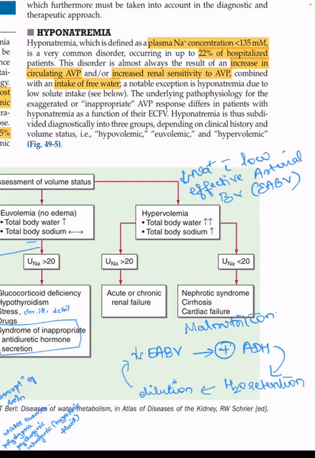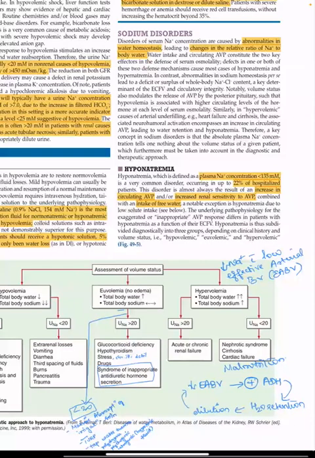diminished because all the fluid is going into the third space. We are going to have third space fluid accumulation. The effective blood volume is reduced, right? So that is going to act via the glomerular feedback mechanism, and it is also going to increase the ADH levels, which will lead to sodium and water retention. But in this case, because of ADH, the free water retention actually exceeds the solute retention. That is why we have a dilutional hyponatremia in this condition. Okay, so that is about this flow chart.